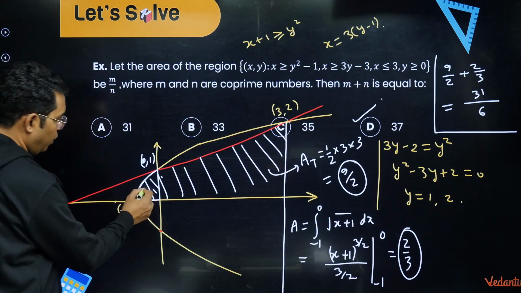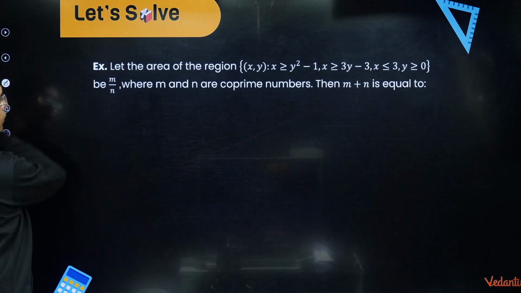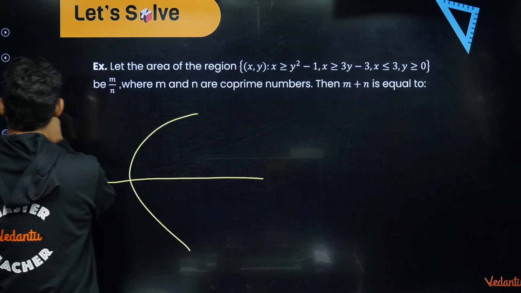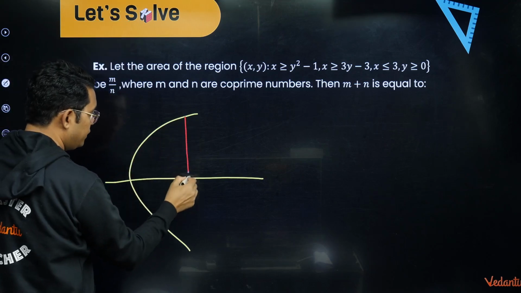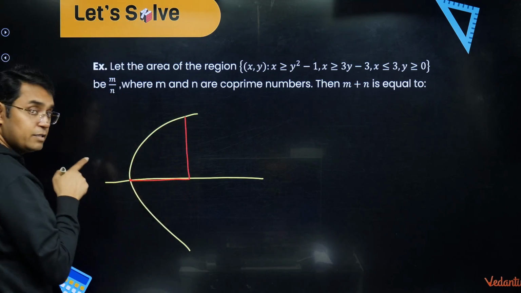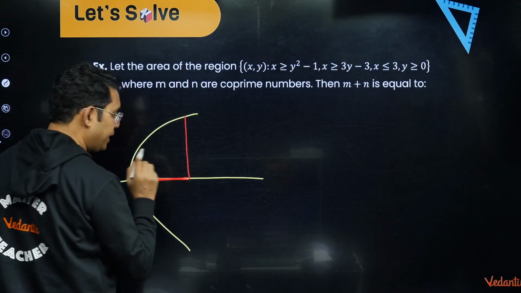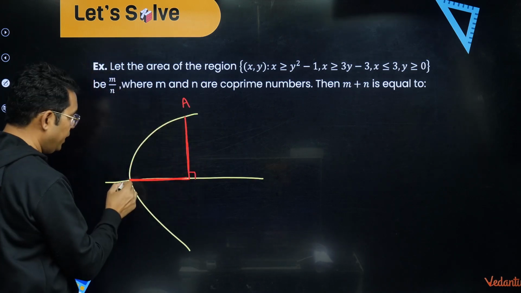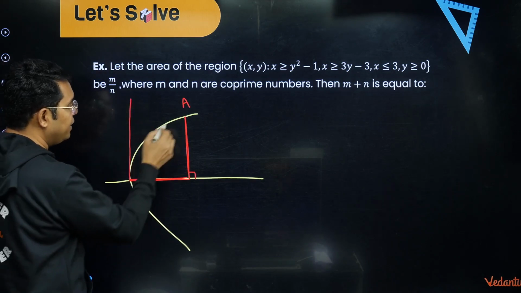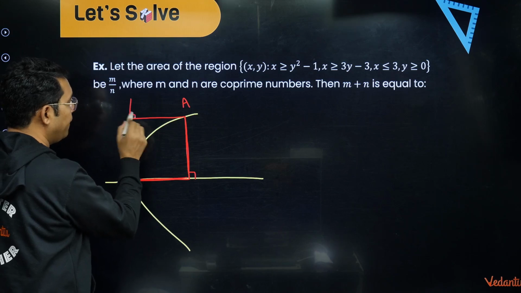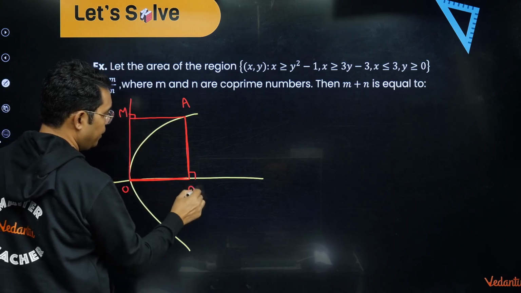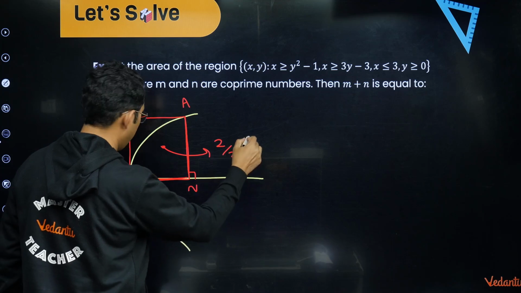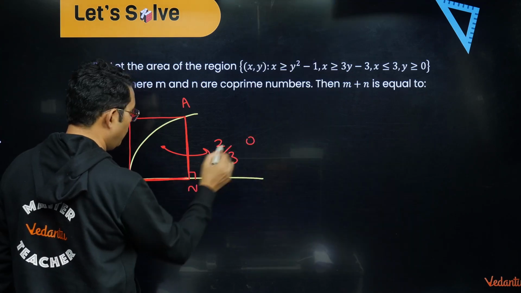Dear all of you, please understand, there is one trick that you all must know: whenever we are given a parabola like this, and we are looking for the area of this portion where its vertex is involved, this axis is involved, and this line is perpendicular to its axis, and let me call this point A. Then if this is the tangent at vertex, you drop a perpendicular from A, this is AM on ON. So the area inside this is equal to 2/3 of this rectangle, 2/3 of this rectangle ONAM.